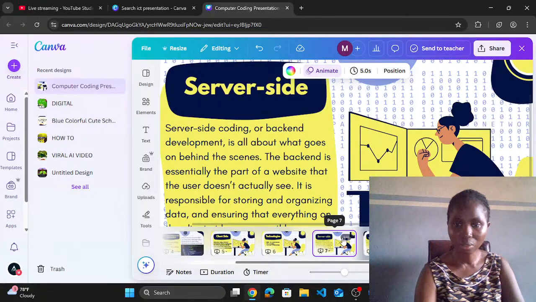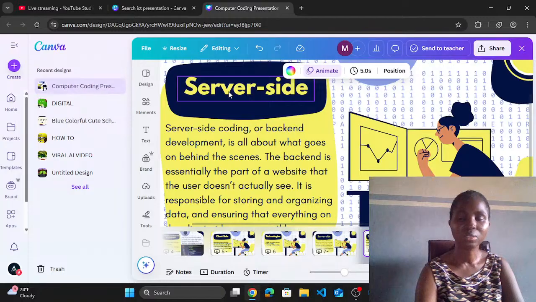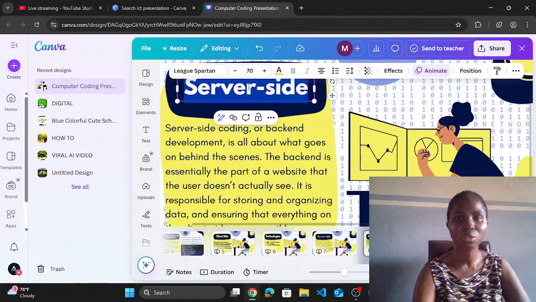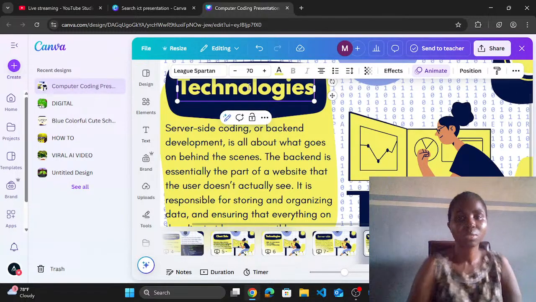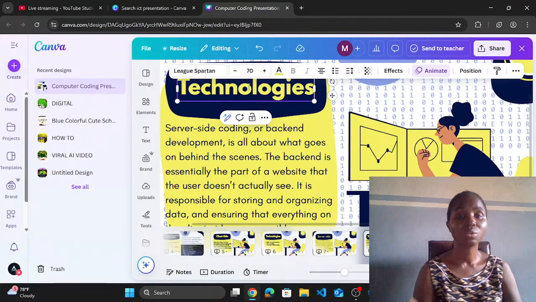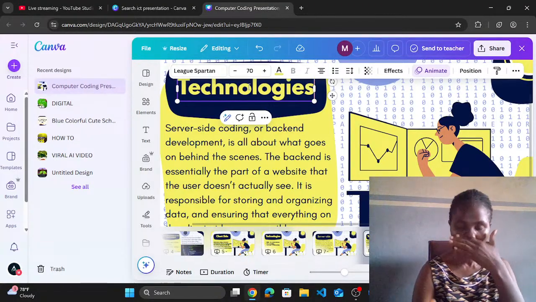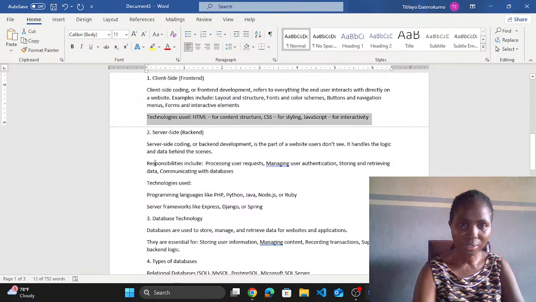Okay, so I'll move forward to server side, and I'm also going to discuss the technologies. So what I'll do now, just watch me. You see these three dots here? Click on it, then you see duplicate page. Then you see it has given me that same page. So I'm going to put technologies, because you have the tools. As a back-end coder, or maybe you're aspiring to be a back-end coder, there are tools that you need. What are those things that you need? The tools. So let's look at them. I have on my notes, just as I've said,